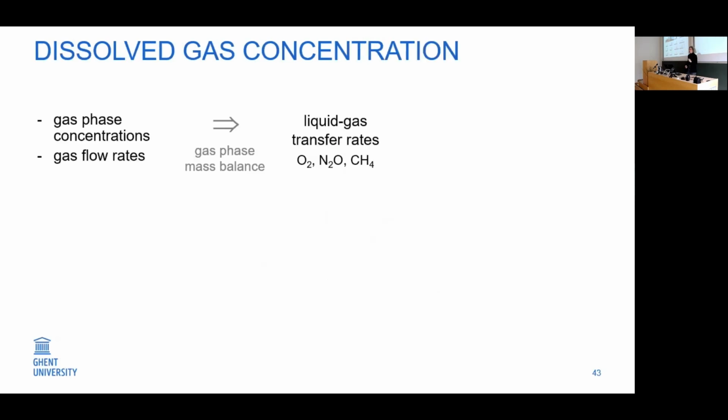But first, let me show you what you can do even more with these measurements of the off-gas and with mass balances. So we already indicated we can calculate liquid gas transfer rates. We can do it in specific for oxygen. We can calculate the KLA. We can relate the KLA of oxygen to the KLA of N2O and methane,